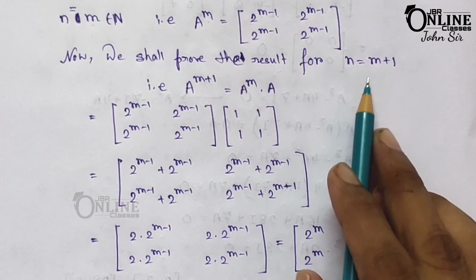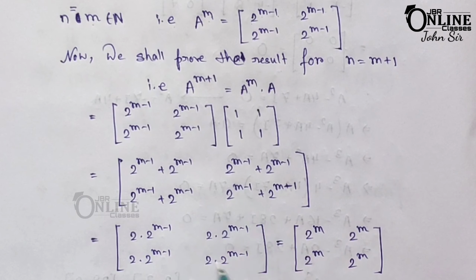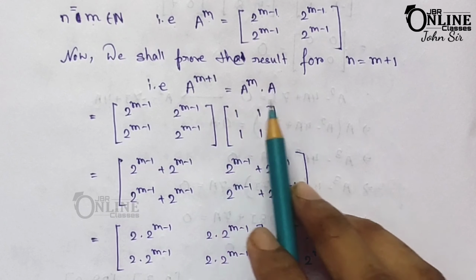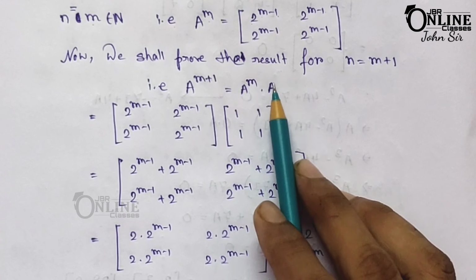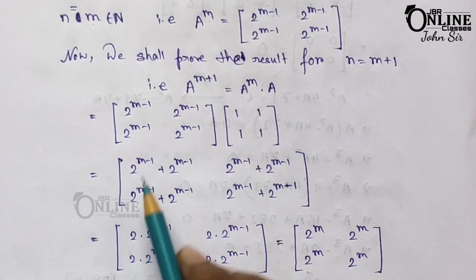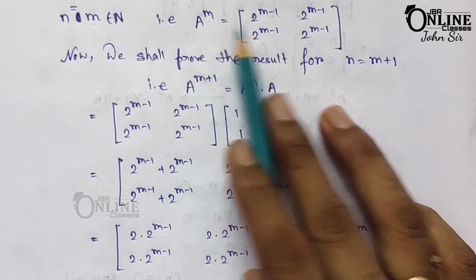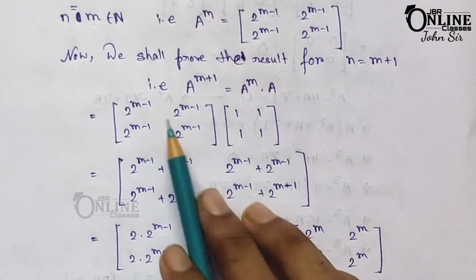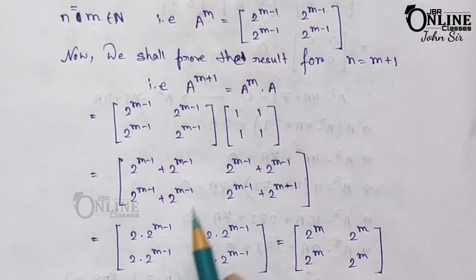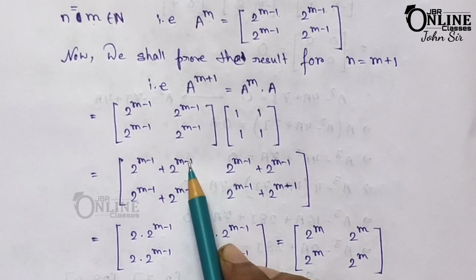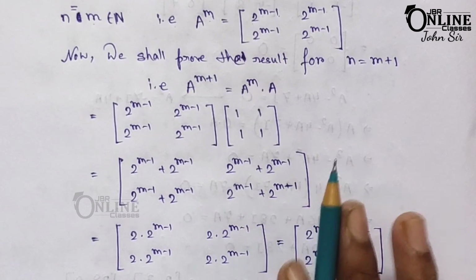अब देखिए हमको m plus 1 के लिए प्रूफ करना है. So a to the power m plus 1, आपको लॉस ऑफ इंडिसेस मालूम है, a to the power m dot a to the power 1. Okay, dot means here multiply. So you know the value of a to the power m, just put down the value and here the matrix a. Now इस दो मैट्रिक्स को आपको मल्टीप्लाई करना है. सो मल्टीप्लाई करेंगे 2 to the power m minus 1 प्लस 2 to the power m minus 1. इस हिसाब से सारा एलिमेंट आपके पास आ गया.